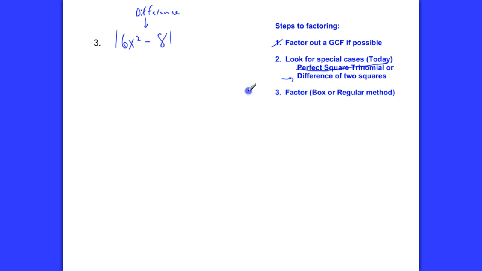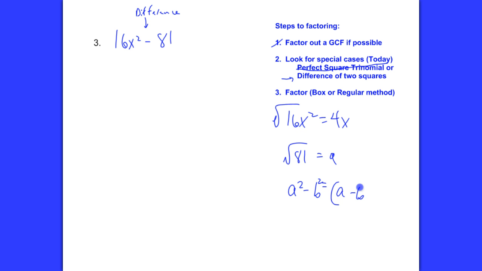So what I want to know, are those two numbers perfect squares? Well, you probably already see it, but just for the sake of our notes, the square root of 16x squared is 4x, and the square root of 81 is 9. So there it is. So if I know that a squared minus b squared is equal to a minus b times a plus b,